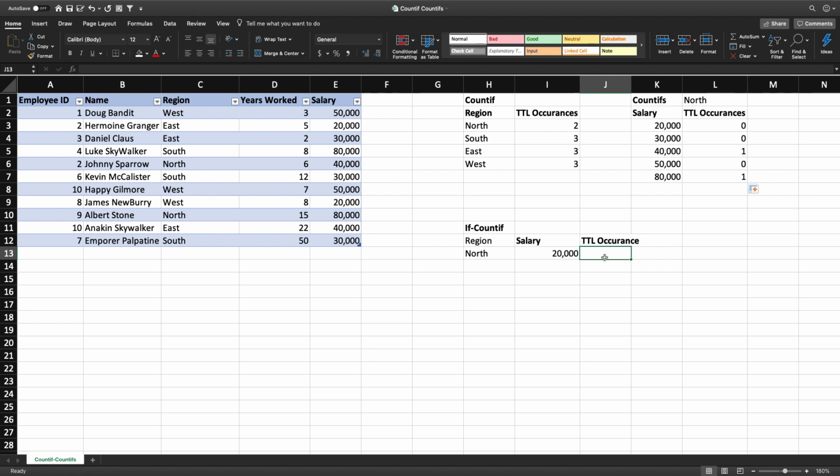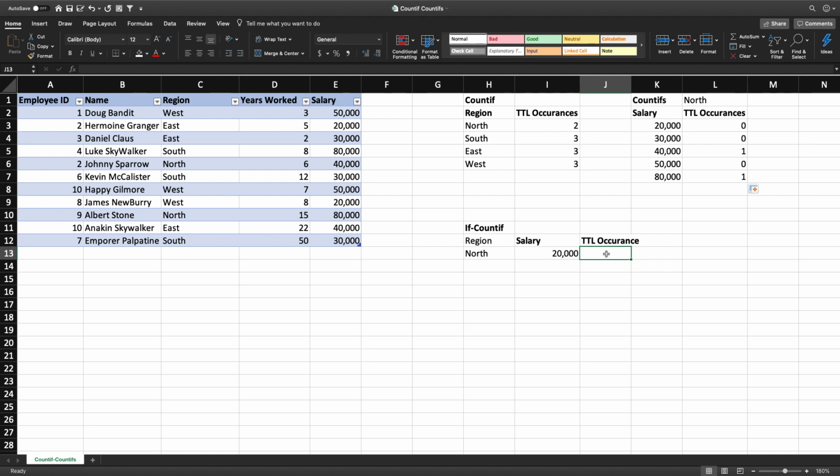So, for example, let's look at any time that the north region shows up for a salary over 20,000, and we know it should be 2 because we already did it up here, and there's 2 instances where it came up. So let's see if we can do it that way as well. So if we just did that, and we want to see how many times the north region had a salary